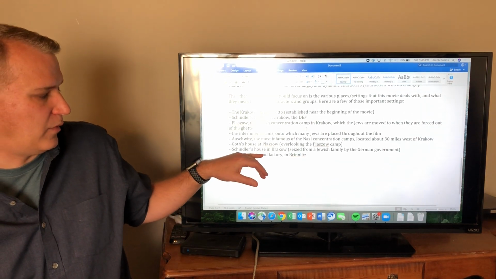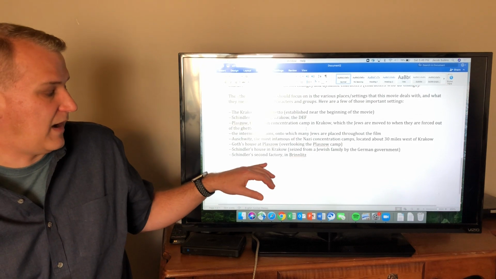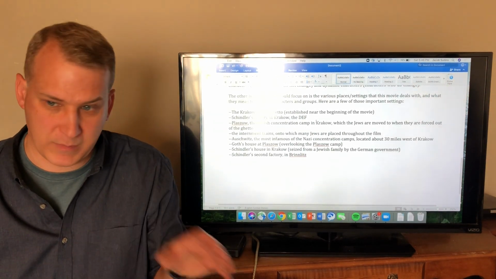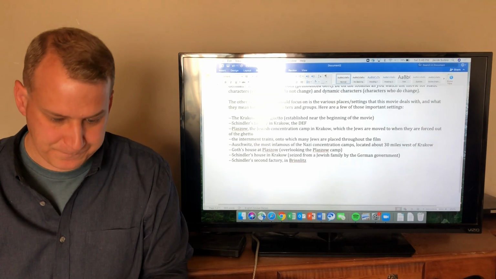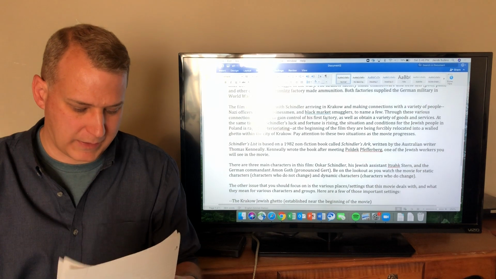Schindler's house, his apartment in Krakow, which is seized from a Jewish family, and then his second factory in Brenlitz, the one that makes ammunition for the German military, and what it means to be there, and what it means to work there. There's also just some information that I want to go over